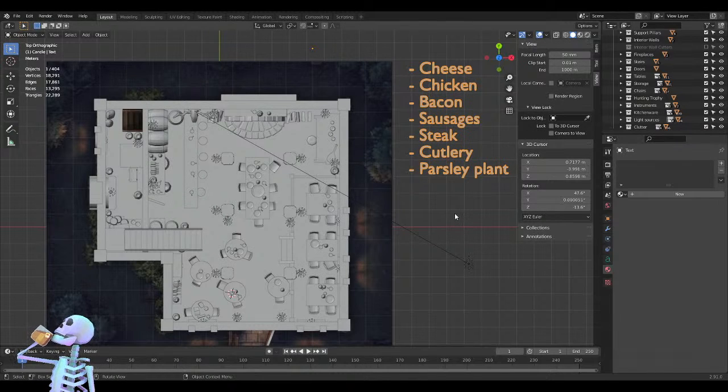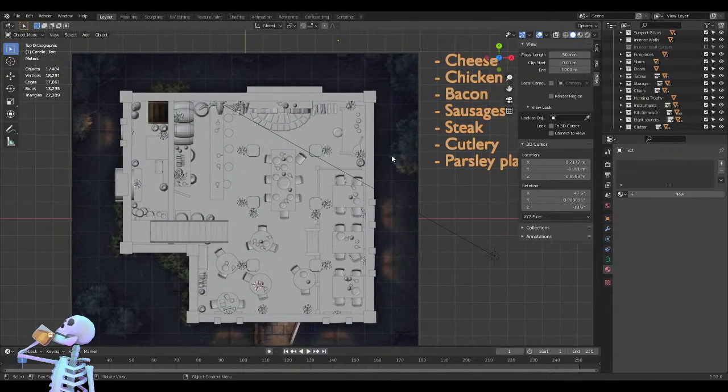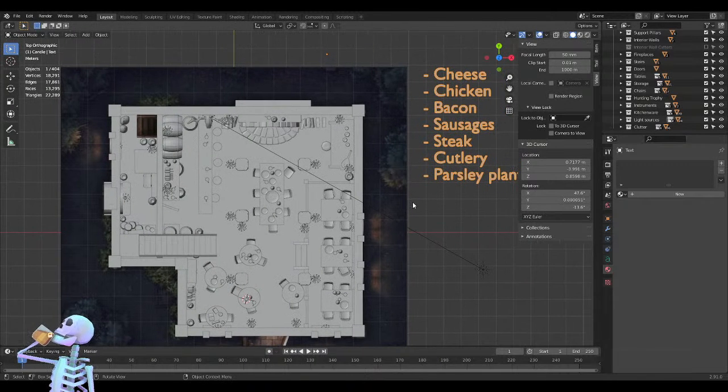Since it's like a plant in the kitchen area, I'm gonna say that it's probably parsley or something like that, and it's probably meant to be used with food, right? It's probably an ingredient of sorts. Anyway,